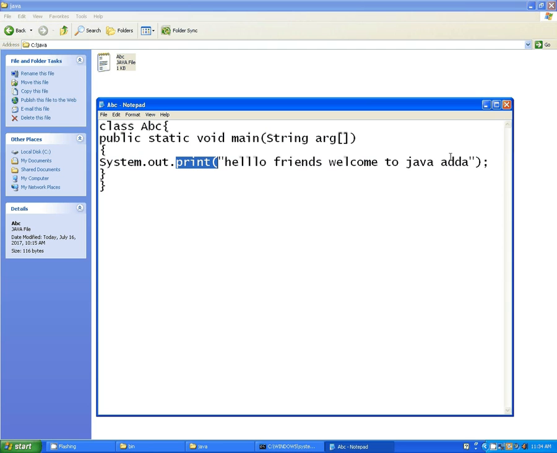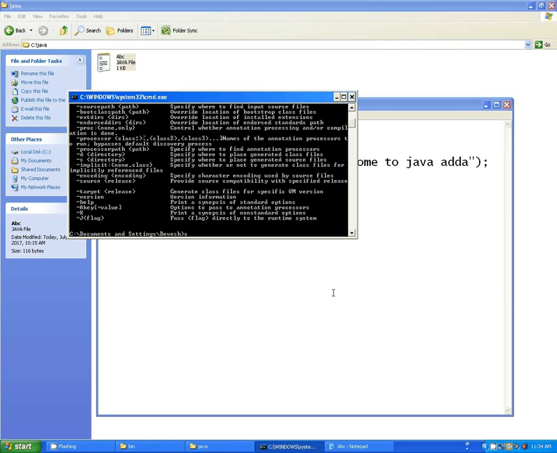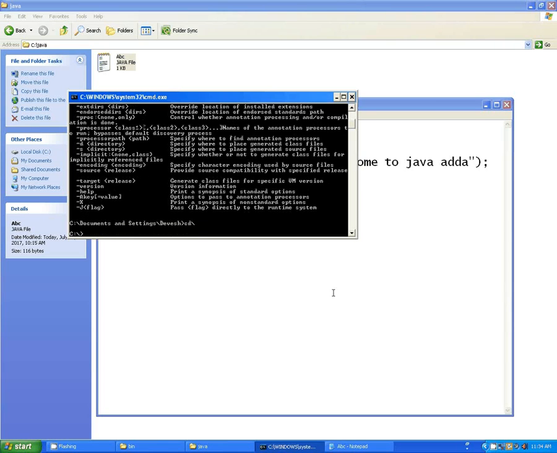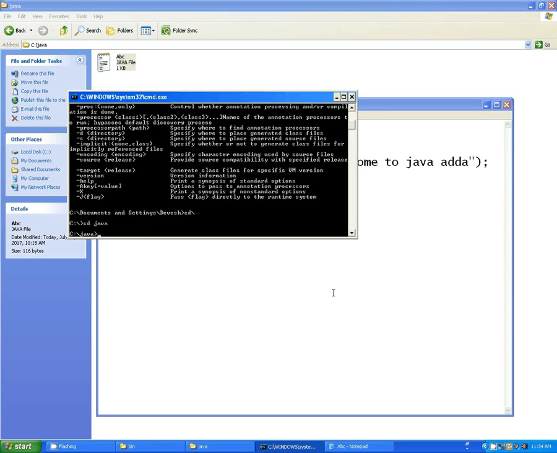So how are you going to compile that thing? First, go to that directory. How will you go to that directory? By changing the directory to Java. So I am changing the directory to Java. In it you are going to write the compiler name javac.